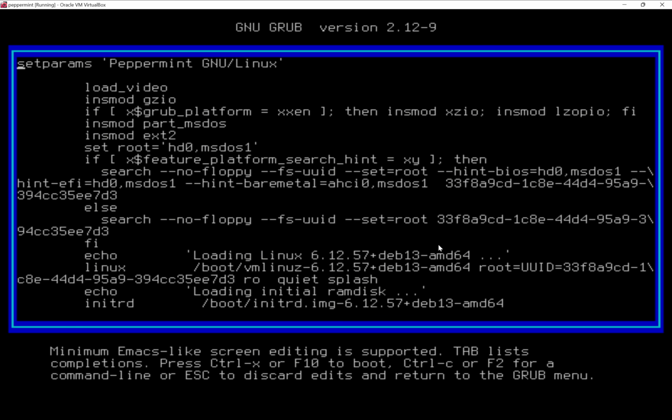To reset the password, when you are able to see this screen, search for the line called kernel or Linux. In my case, I'm able to see Linux here. So you can see here Linux. Go to the end of the line, just scroll to the end of the line, and you need to